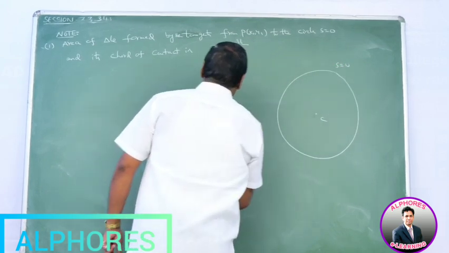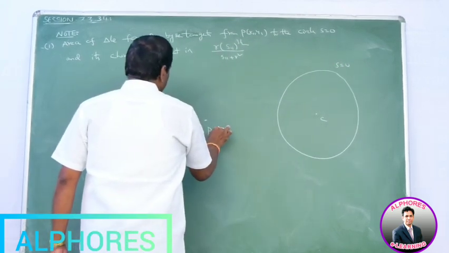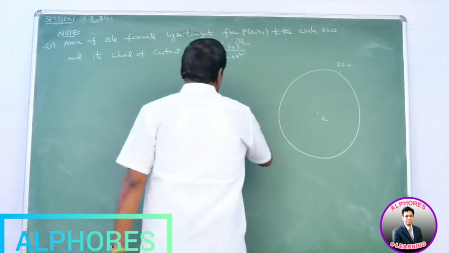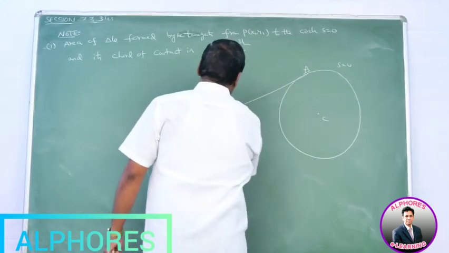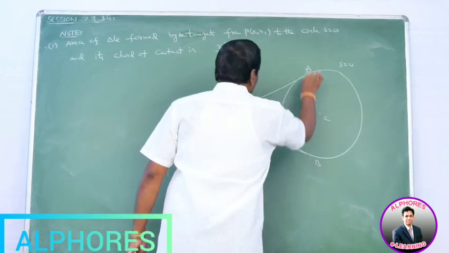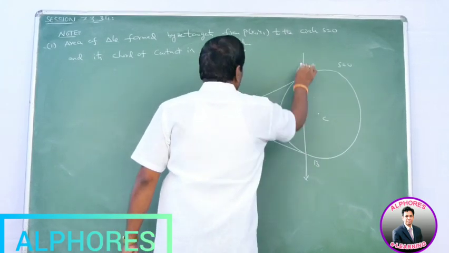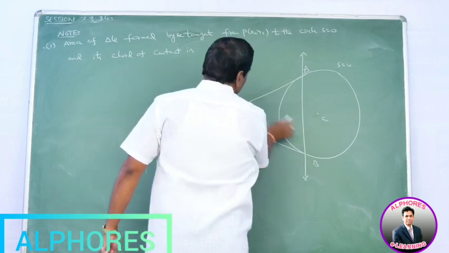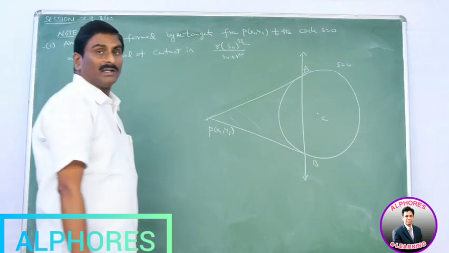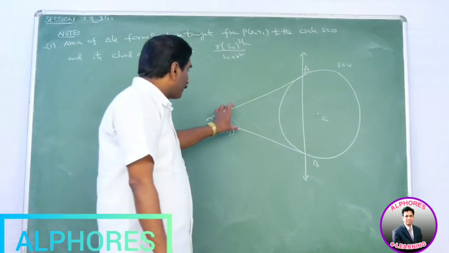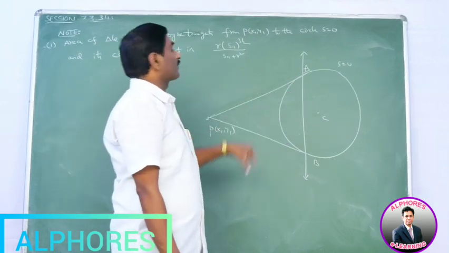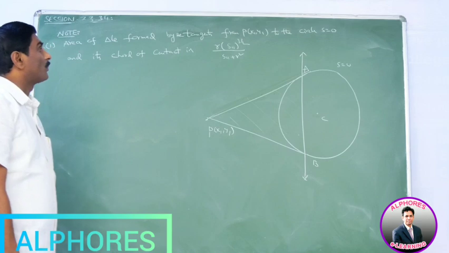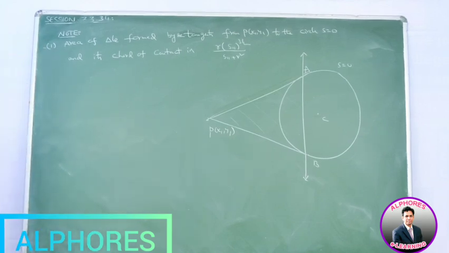S = 0 is the circle, P(x1, y1) is any exterior point with respect to the circle. Say PA, PB are two tangents. Then AB is the chord of contact. Area of this triangle, required value is this value. Area of the triangle formed by the pair of tangents from P(x1, y1) with the chord of contact is R S11^(3/2) / (S11 + R²).